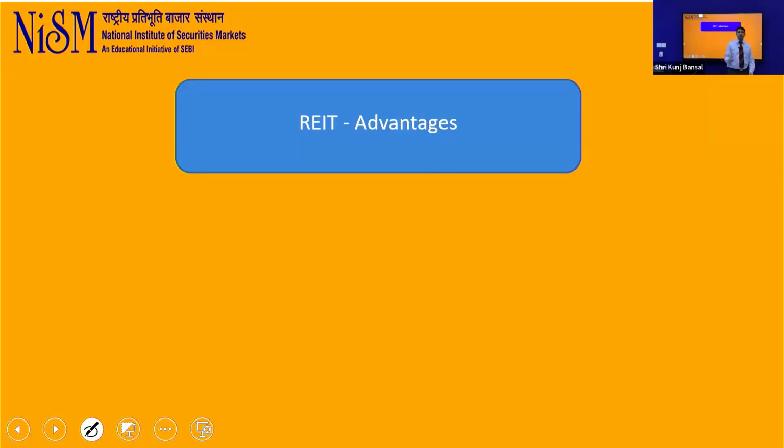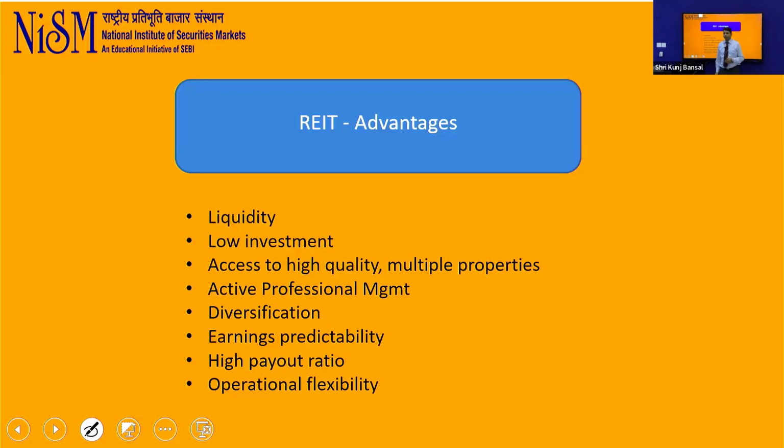Now, let me quickly put on one sheet the advantages of REIT. We have discussed them repeatedly, but still, to highlight them for all of you, I have summarized them here. So these are the various advantages. Liquidity, as I clearly said, you can sell it whenever you want. Generally, T+2, your money will be in your bank. Low investment, we have already said 250 or thereabouts, one unit you can buy. As low as 250 rupees is the minimum investment.